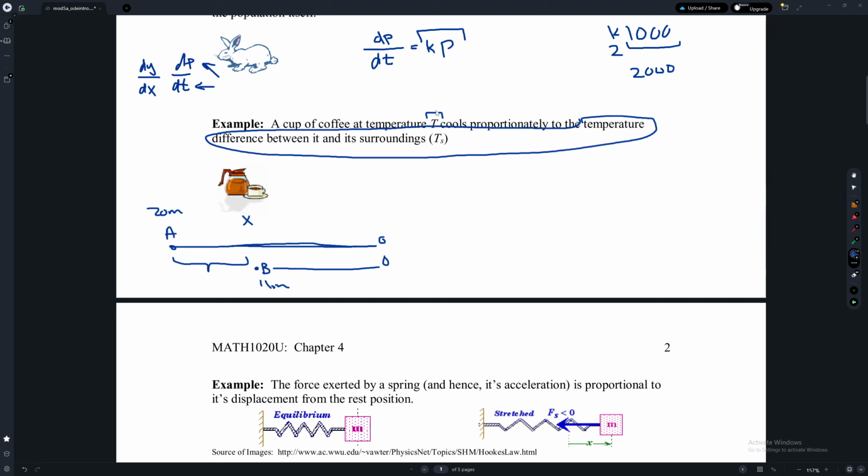Okay, so same thing with temperature. You will take your T minus, it literally says the temperature difference between it, which is T, and its surroundings, minus its surroundings. So that's our first part. Now it's proportional to, so that equals, like I said, your constant, don't forget your k, right? And then what we'll do here is your dT, so this would actually be capital T, because we're looking for the cup of coffee temperature, and it's over